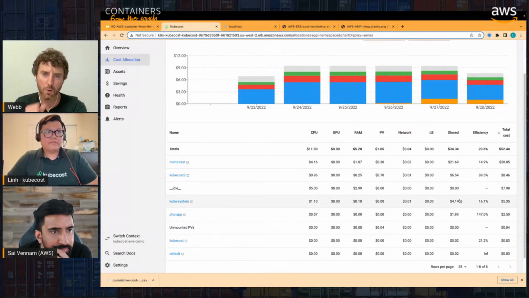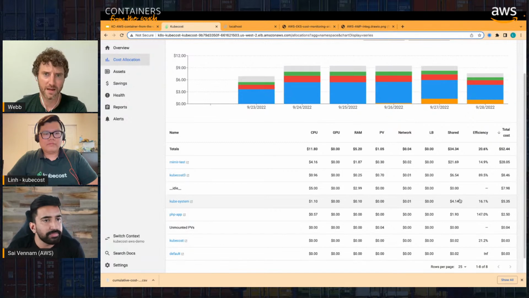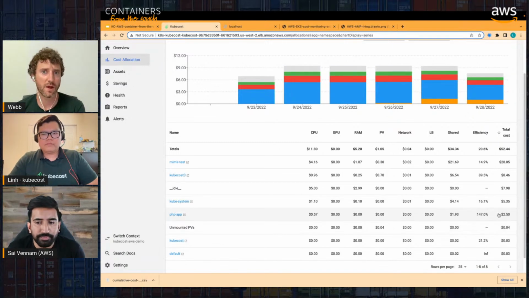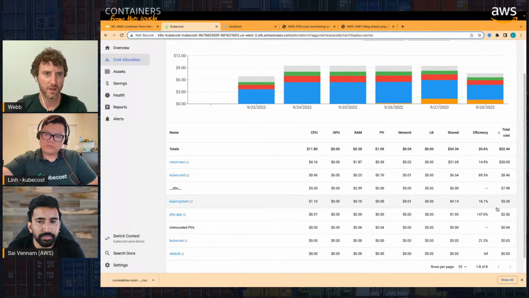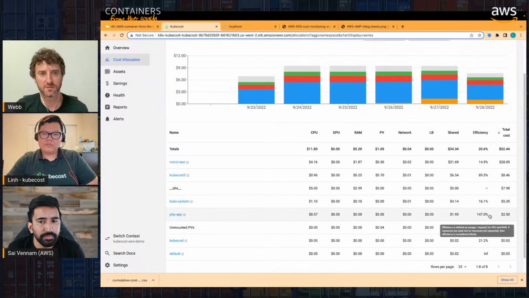Yeah, I think the one interesting nuance to add to that is this is a cost weighted measurement of efficiency, right? So let's just say you're using a handful of spot CPUs versus a handful of on-demand CPUs. Given that on-demand CPUs are more expensive, it's going to be more likely that those CPUs would be driving the utilization figures. So I think it's really interesting to think about, if my goal is to manage cost, this is going to give you the directional accuracy of where you should be